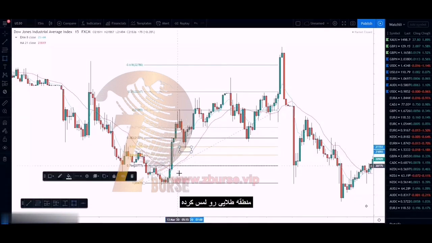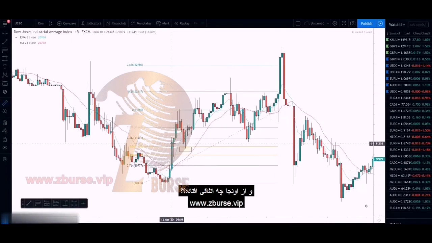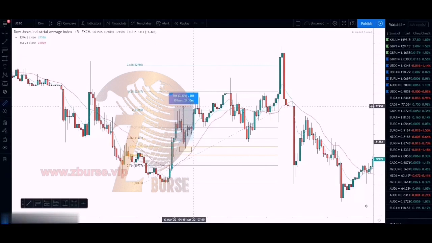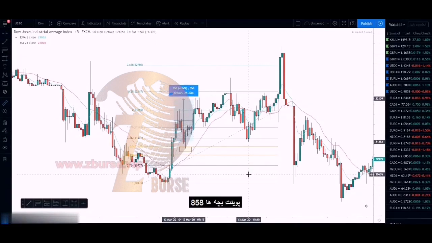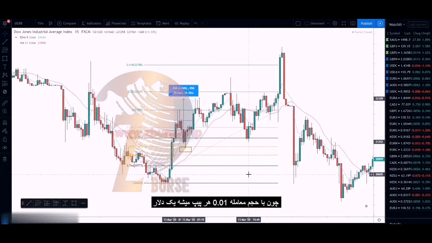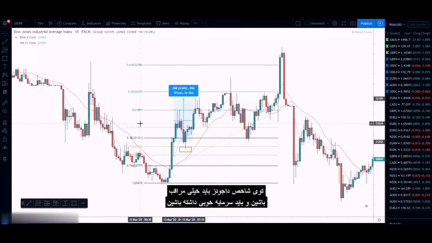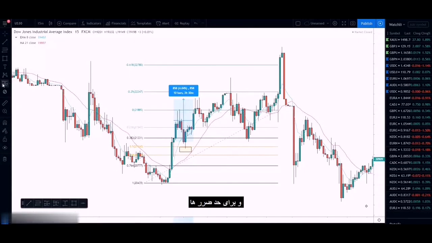Gold zone was touched. Moving average crossover, red on the bottom. What would have happened from there? 858 points. Guys, you have to be very careful when you trade US 30 because a 0.01 is $1 per pip. Look at that, 858. You would have made $858 minimum. You've got to be very careful with US 30. You have to have a nice size account. And for the stop losses,